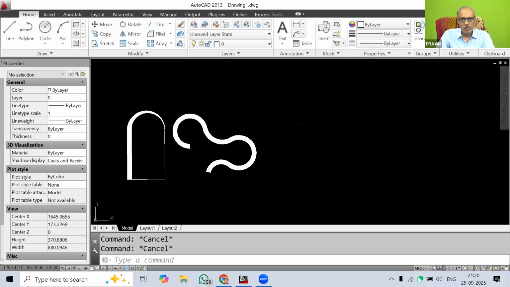So for this there was one chat box question. So how this door can be drawn. So I have used polyline command. I have clicked here first point at this location. Then I have went to the W option. So I have increased the width. So starting width मैंने यहाँ पर 10 ले लिए और ending width मैंने यहाँ पर 10 लिए. तो यहाँ से यहाँ तक का स्ट्रेट लाइन निकाला मैंने, जिसकी width 10 रहेगी.